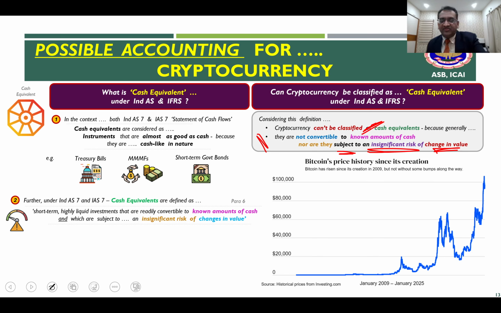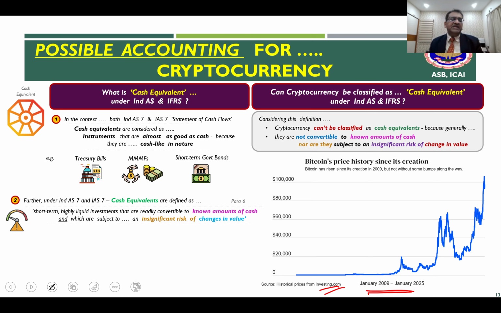Let's see this chart. This is how the history of Bitcoin's price movement is. You can see what the flip-flop is. So price is widely fluctuating. I've taken the source and given it here. This is the price movement from January 2009 to 2025. That's how the Bitcoin price movement is. So clearly,